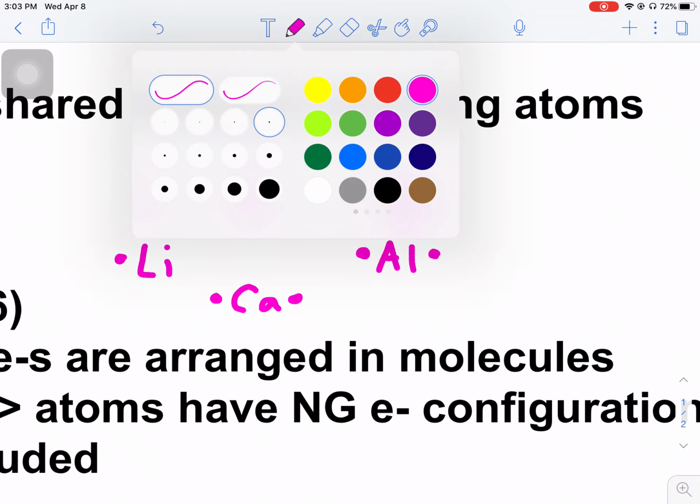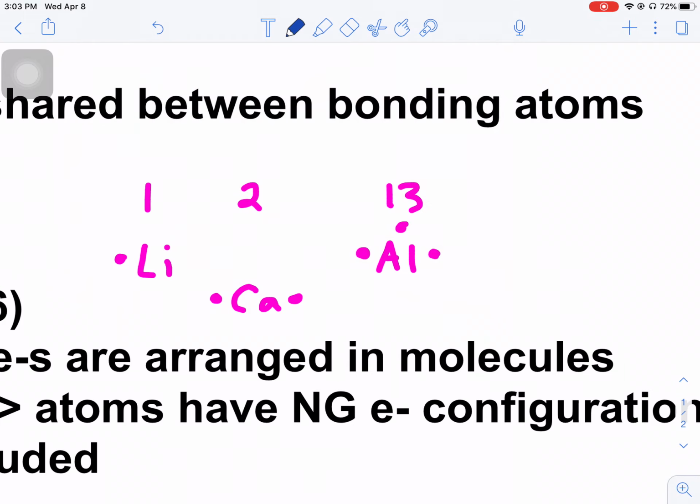And here I'm going to change color, because now we get into the non-metals. So I'm going to draw a line here, and on the left side of the line, pretty much your metals. I'm trying to keep it simple, but on the right side of the line are going to be your non-metals. And the one that I can think of in group 14 that you should probably know about is